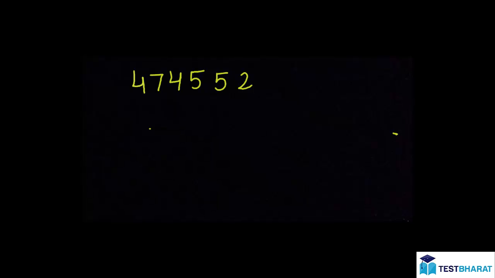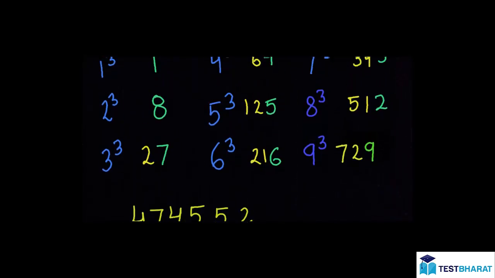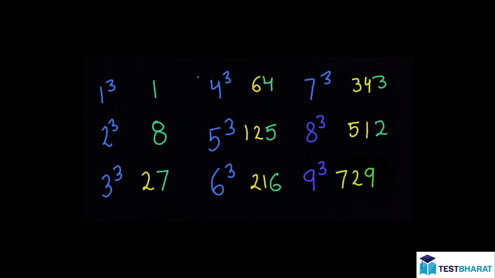Find out the cube root of a number. Let's say our number is 474,552, and we know the cubes of all single digit numbers. 1 cube is 1, 2 cube is 8, and similarly 7 cube is 343, and so on. What we need here is,